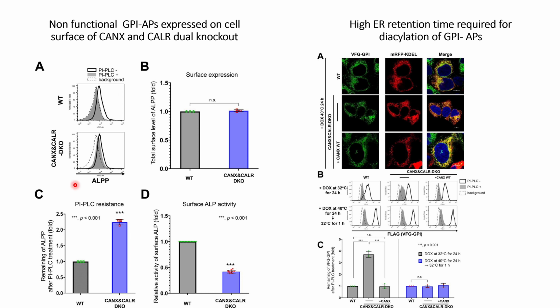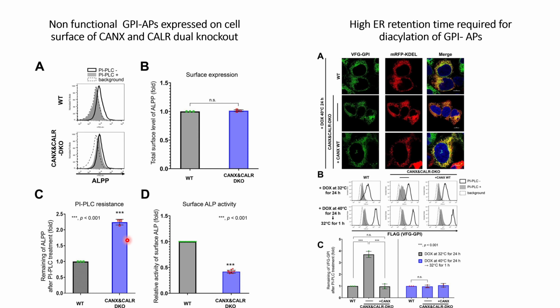In this case, what they have found out is that there is a partial sensitivity of the GPI-APs expressed in the dual knockout compared to the wild type, and this is represented quantitatively in panel C, where we can see that the remaining ALPP after PI-PLC treatment is higher compared to the wild type in the case of dual knockout,